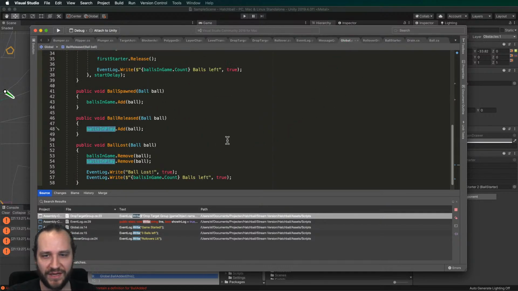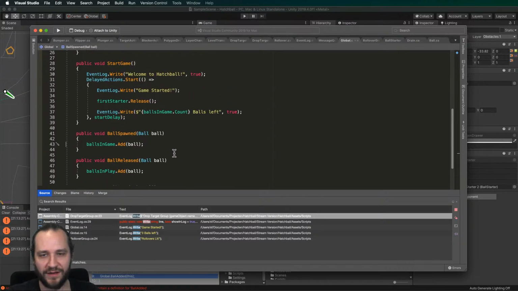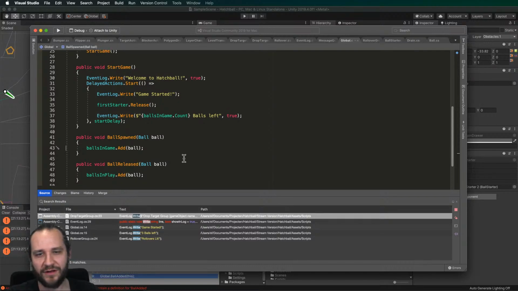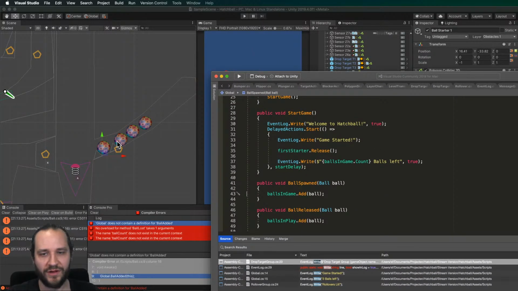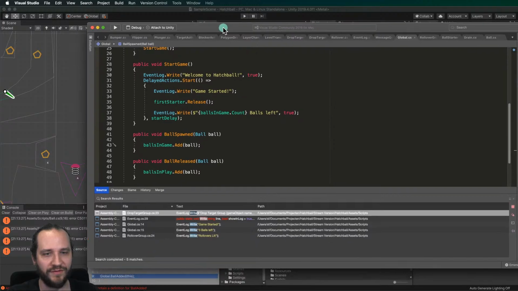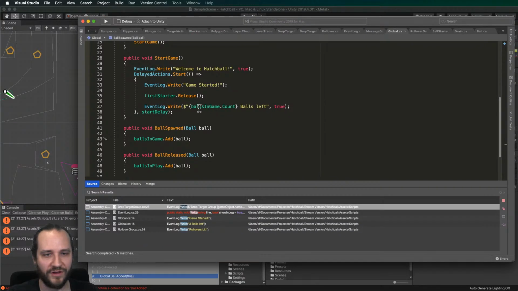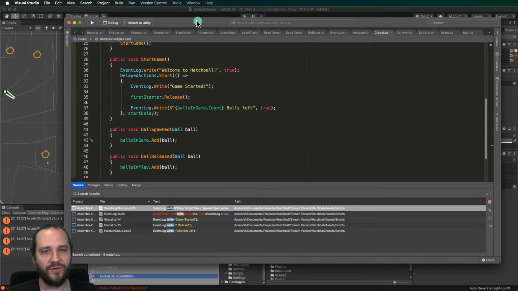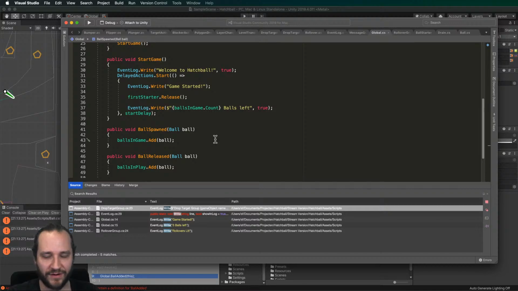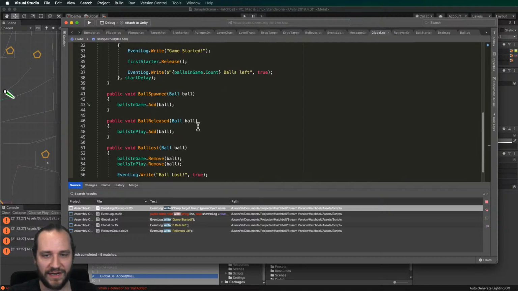So that's a lot of things. I want to know what's happening, so I'm going to do some logging. I said ball lost, that's nice. Ball spawned will add balls, that's fine. If it's a special thing, I'm going to add it later to the log, but right now it's going to be called a few times when I've put balls in here. So we'll put that counter to 4 before this thing runs how many balls are left. So this will automatically say 4 balls left now, if I'm correct. And then released